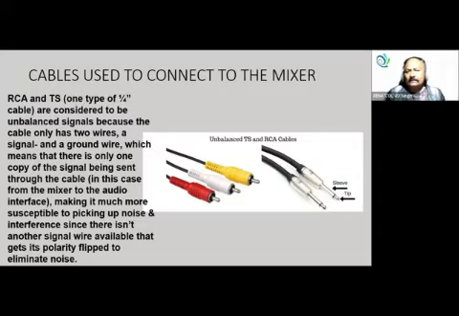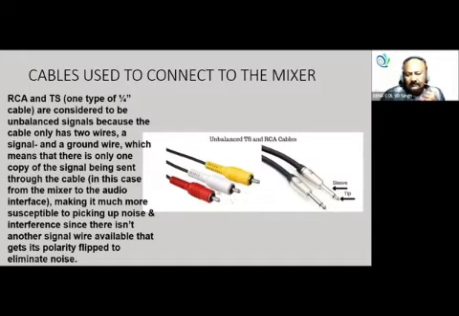And they are considered to be unbalanced signals because the cable only carries two wires, a signal and a ground wire. That's all. Which means that there is only one copy of signal being sent through the cable from the mixer to the audio, making it much more susceptible to pick up noise. You see, this is definitely not a desirable thing, because whether you are using this or RCA, TS or RCA,